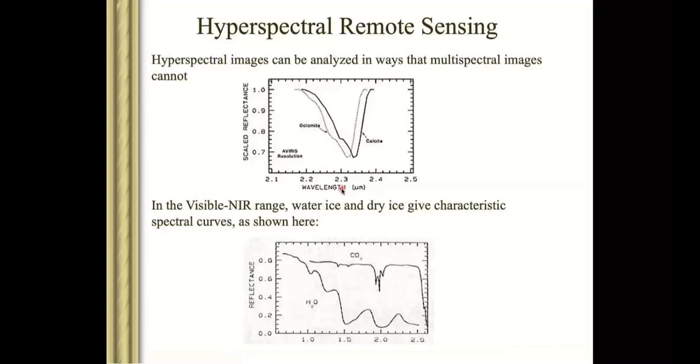So here I'm taking a lot of examples, several times about this dolomite. If you see, we have this profile, meaning the full spectral profile. Then we do the continuum removal for the particular absorption band, and after continuum removal you will get a scaled reflectance from 0 to 1. And if you compare calcite and dolomite, calcite is calcium carbonate, CaCO3, and dolomite is calcium magnesium carbonate. You can see that because of the little magnesium, there is a change in this depth and this width, and then this overall curve.